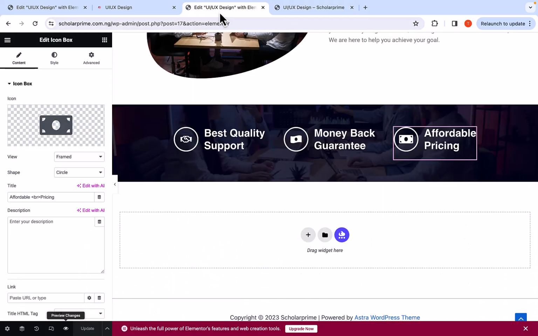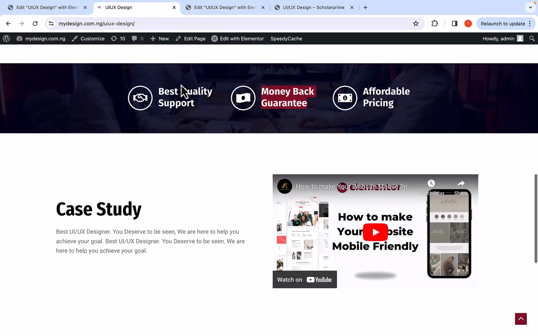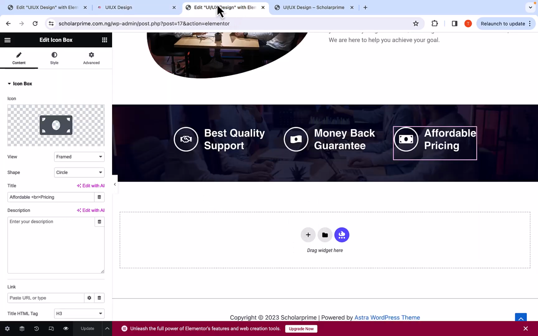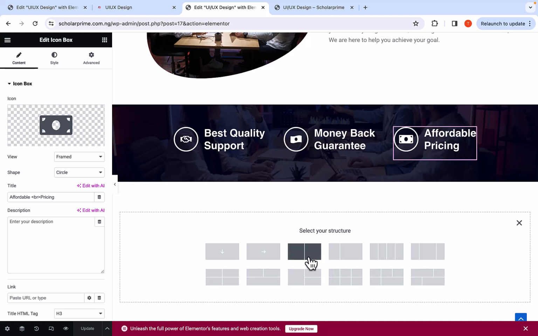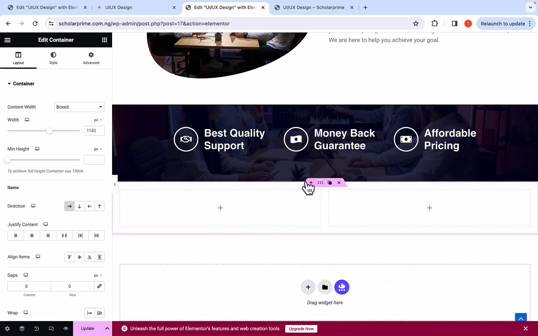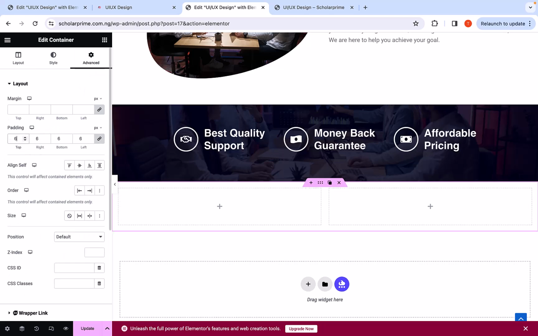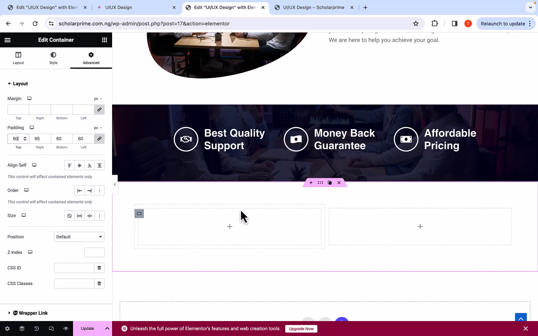Then I will come over here. Let's see the next thing we're going to do. So I'm going to show you how you can do this. I will just come over here, I'm going to select the structure, and then I'll come over here and set the padding to be 60. I will come over here. Here we have